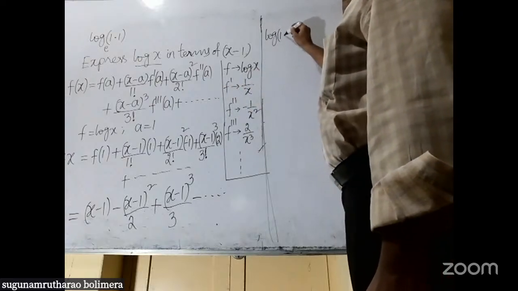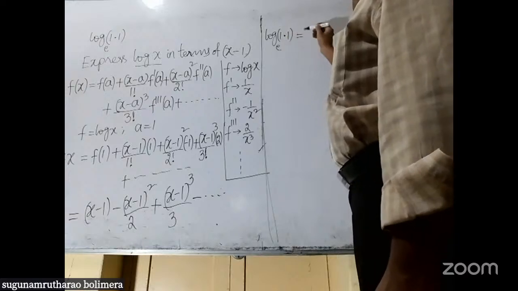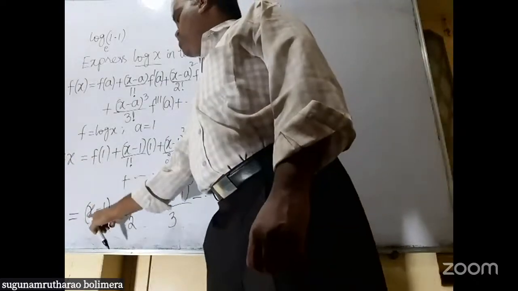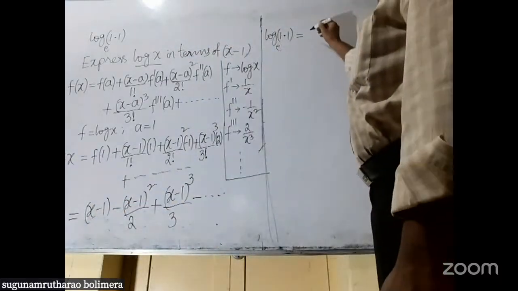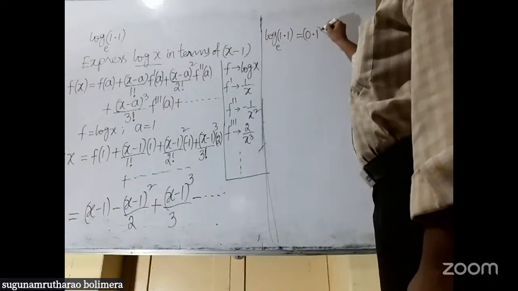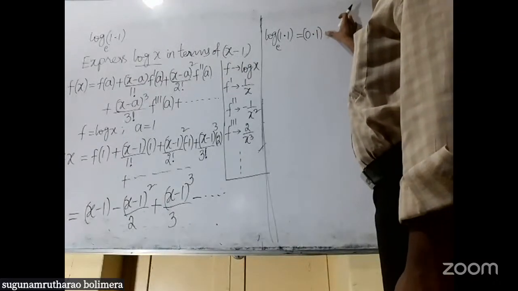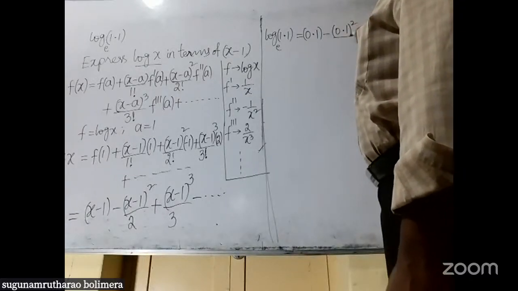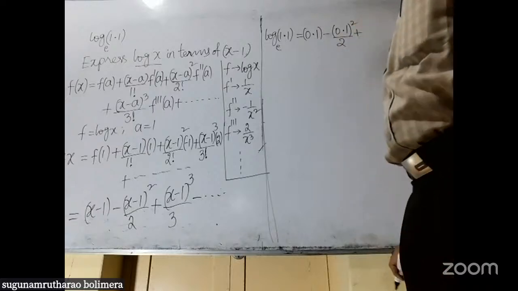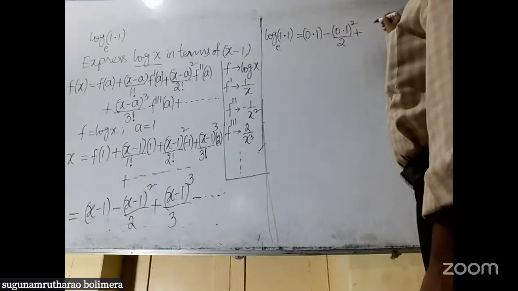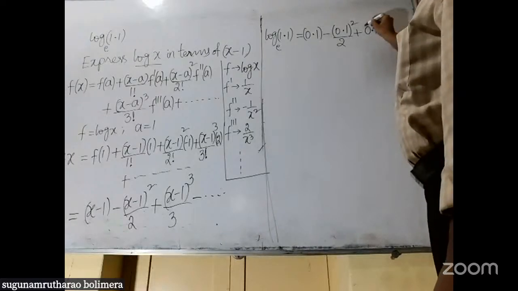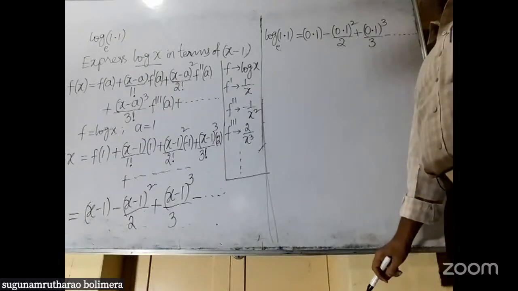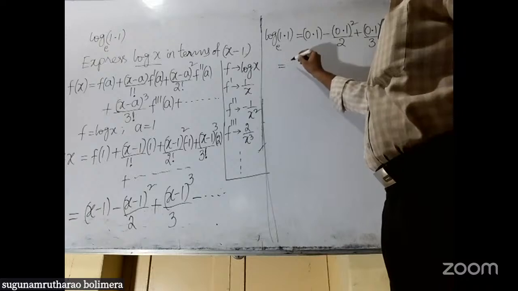Now log 1.1 would basically equal, put x equals 1.1, 0.1 minus 0.1 square by 2 plus 0.1 whole cube by 3 minus and so on. This is equal to 0.1